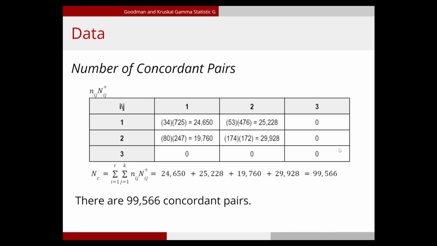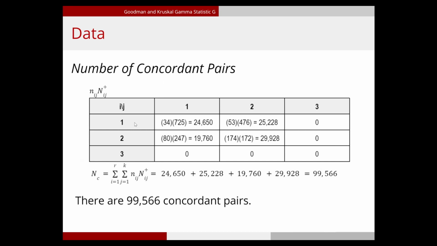Now that we have obtained the sum of frequencies n plus ij and n minus ij, we can now calculate for the total number of concordant pairs and the total number of discordant pairs in the data. To get the total number of concordant pairs, we multiply the n sub ij table with the n plus ij table and take the sum of its products. So from the previous example, we get